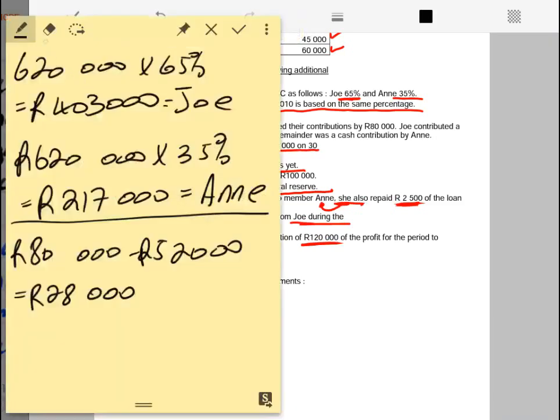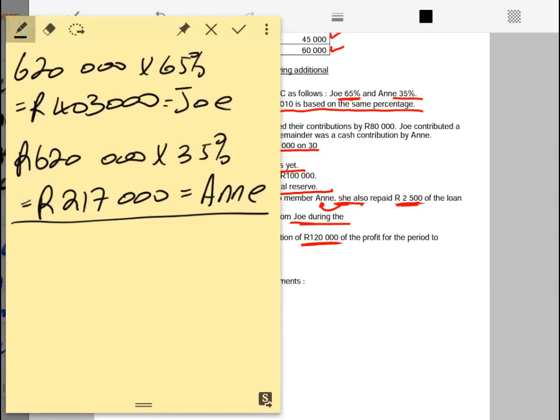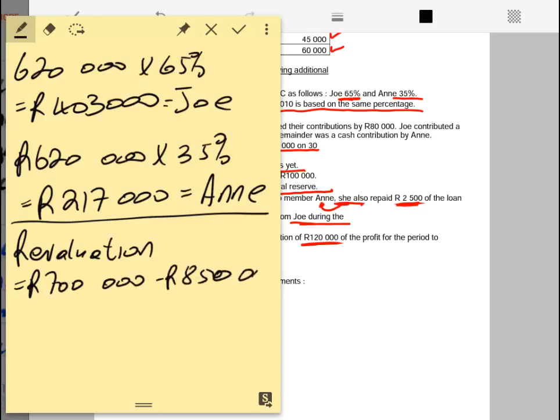And we said that to calculate the revaluation, we have to know how much the land is. And we said that the land given from the trial balance is an amount of 700,000 rands. So now if we say 700,000 rands minus 850,000 rands, being the revalued value of the land, that will give